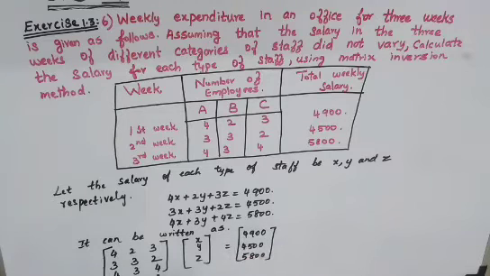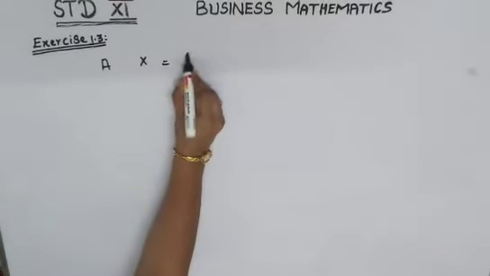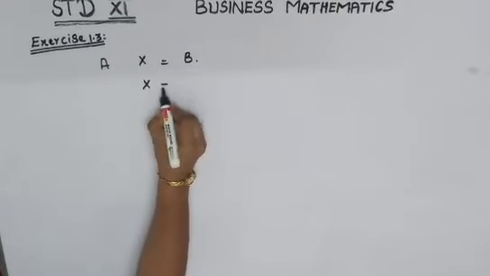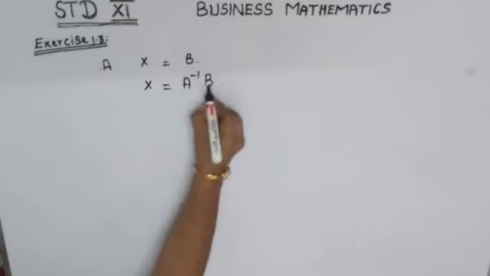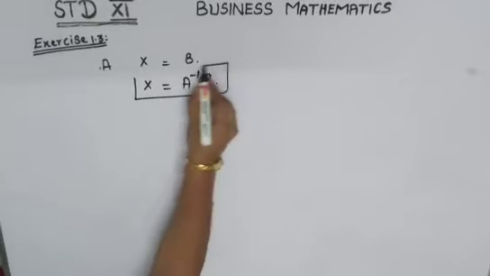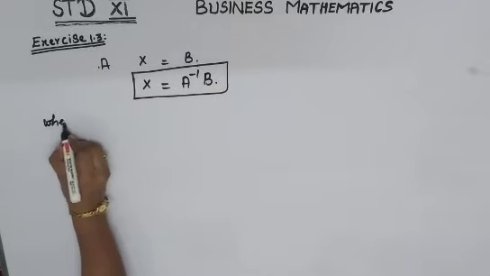So this is in the format AX = B. Then X will be, bring this A this side, A inverse into B. So the X formula is A inverse into B,